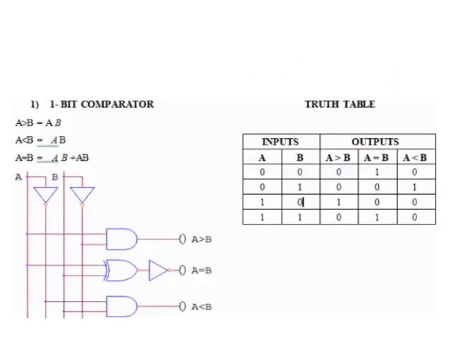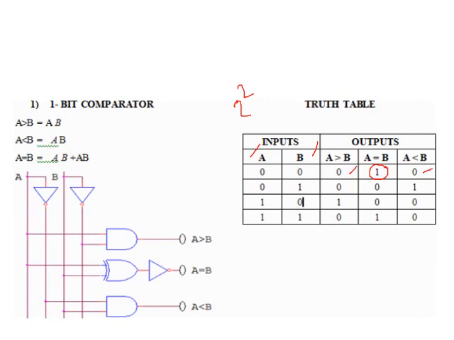So as I said, the comparator simply compares, right? So we have two inputs A and B. Let us take the 1-bit comparator first. So A may be 0, B may be 0; A may be 0, B may be 1; A, B may be 1 and 0, followed by 1 and 1. So we have two inputs and 2 raised to 2 will be the total number of input combinations, as we have written here. Now if A and B both are 0, 0, then we will get A equals to B as 1 and the rest 2 will be 0.